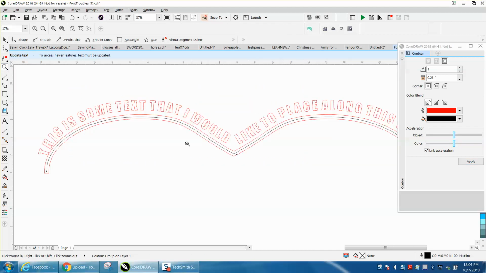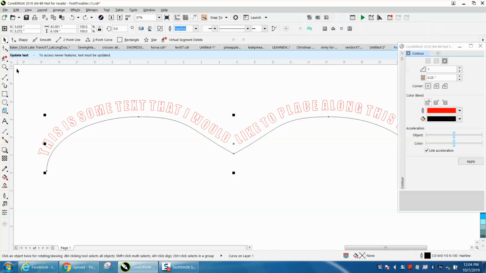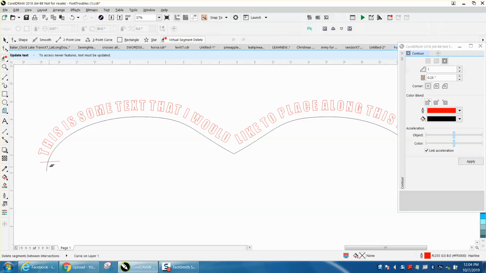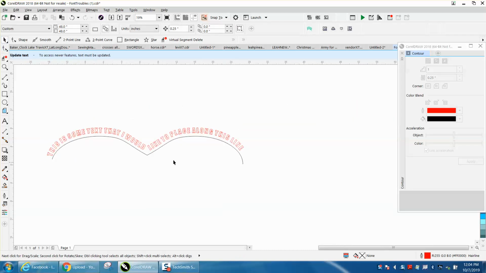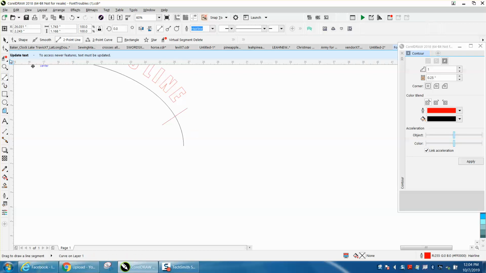And really what we should do is probably, let's back up here and make this line a little shorter. So I'm just going to draw 2 lines. That didn't work too well. Just draw a line past there. Use your virtual segment delete tool and delete that line. So I'm just making my line shorter, and depending on what you are doing, you would change that. So now we still have this line,